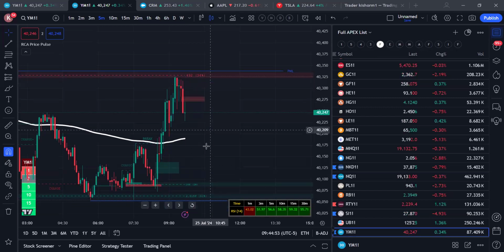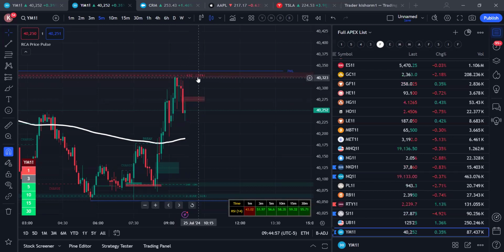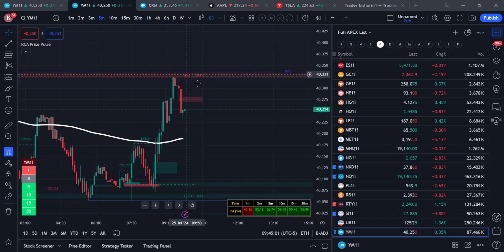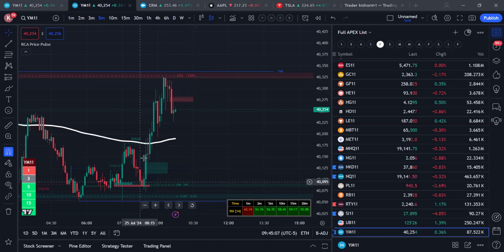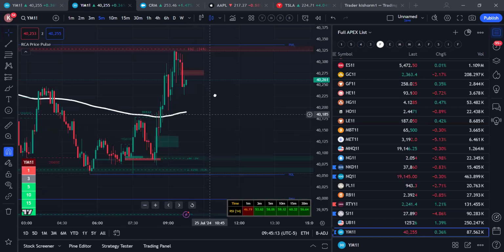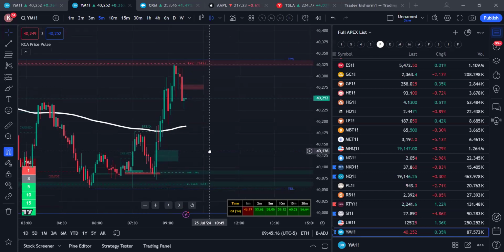Because they have millions and trillions of dollars. They can move the markets. So if market makers are doing it, then we can also follow them, right? That is the smart money. We have to follow. Retail traders generally do everything opposite. When price goes all the way to the top, they see that oh, price is going up, let me buy it here. Whereas market makers will buy at the low price, sell at the high price,